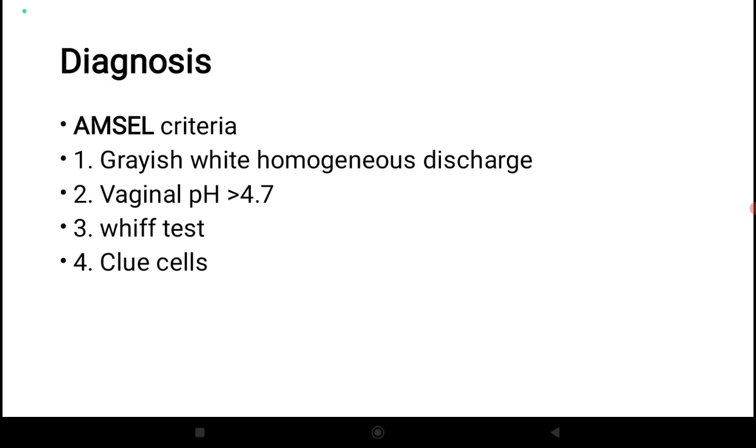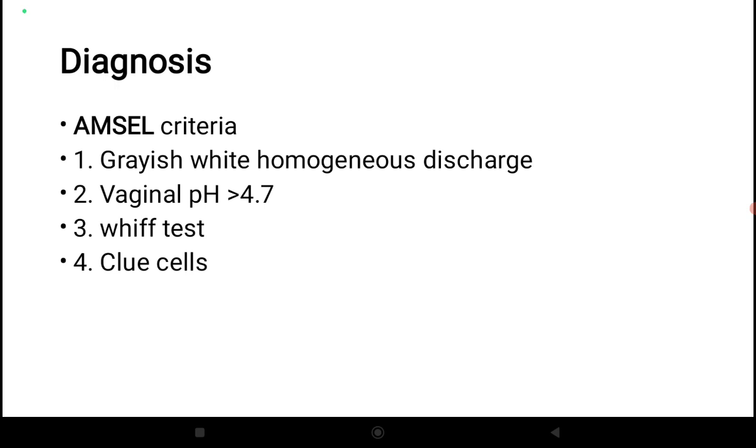Regarding the diagnosis of bacterial vaginosis, Amsel's criteria is used. Amsel's criteria: out of these four, any three should be positive. First is grayish white discharge. The second is vaginal pH more than 4.7, that is, alkaline pH should be present, and